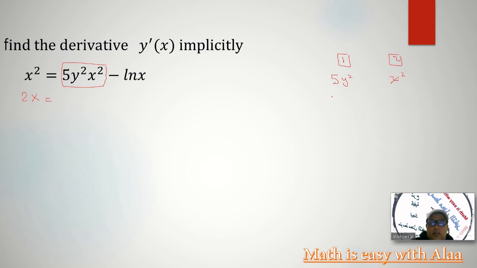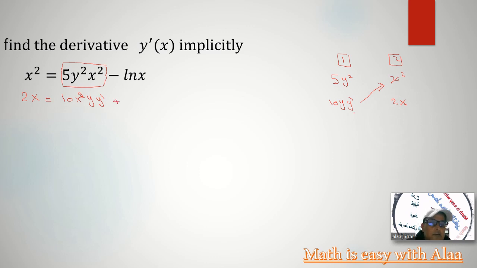First function is 5y squared and second function is x squared. Now we will take the derivative with respect to x. So 5y squared, it will be 5 times 2, it will be 10 y prime, because y is a function of x, and x squared is 2x. Now multiply the derivative of the first one by the second one. So it will be 10 x squared y prime